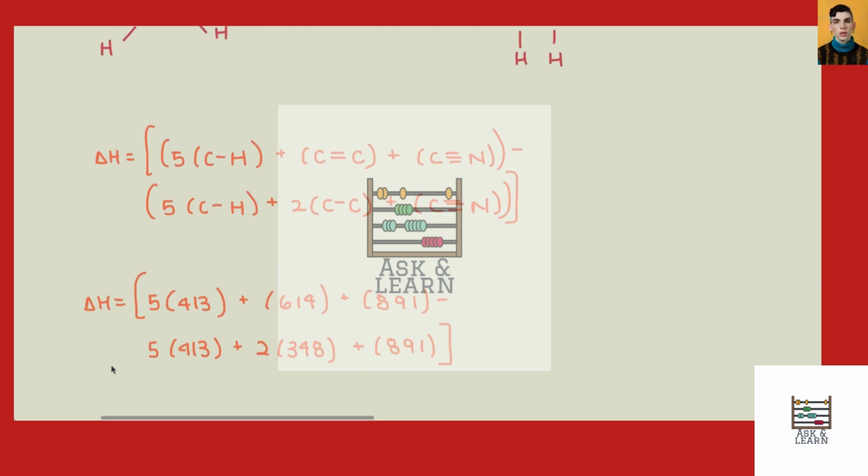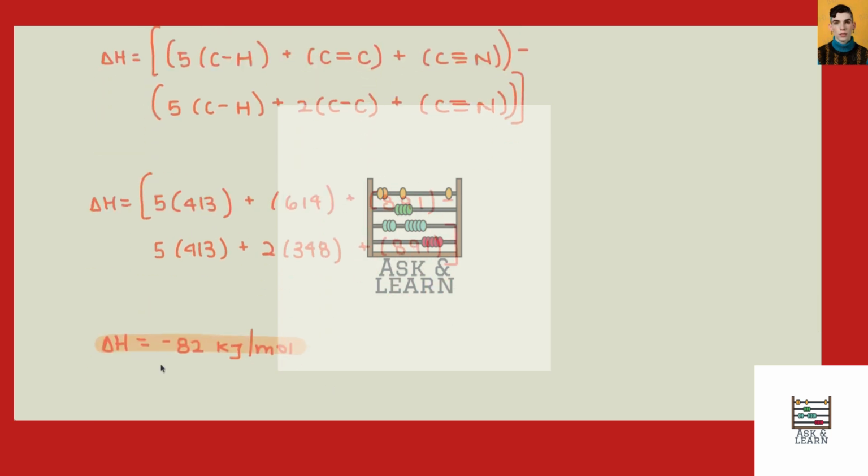Again, we can look these values up in a table. We'll get that delta H is 5 times 413 plus 614 plus 891. Then we'll subtract off 5 times 413 plus 2 times 348 plus 891. Again, you can just plug that into a calculator and we'll find that the enthalpy for this reaction is negative